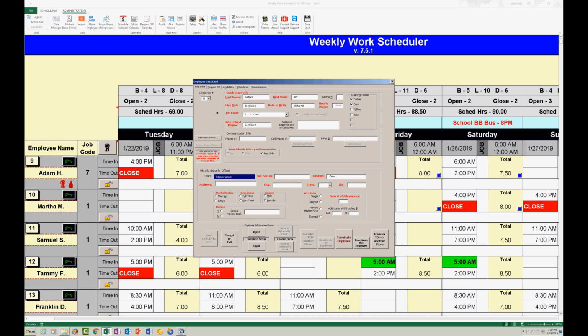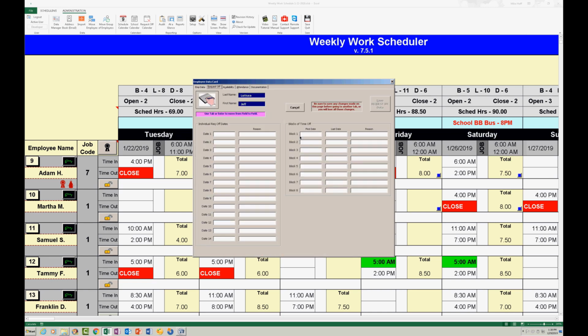As you can see, for Jeff, we have the required information set up, and we have print only set up for communication info for how they'll receive their schedule, and basically nothing else set up under the HR info, since we're not tracking any HR for this employee. But all the other tabs are now available to us. So if I click on the tab called Request Off, basically, if you could picture your request off envelope,